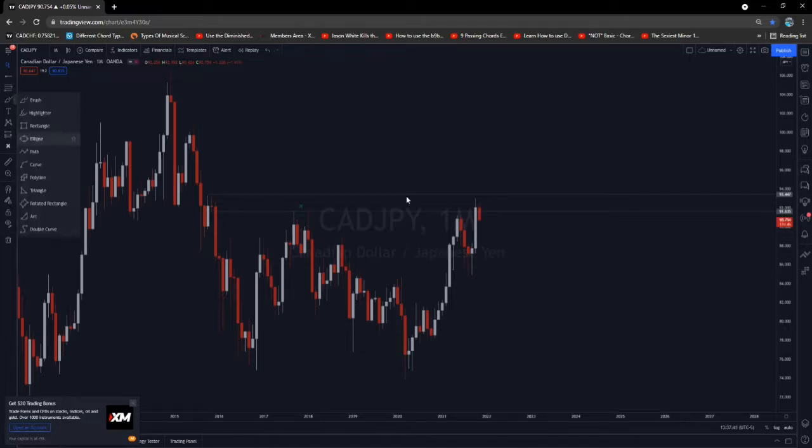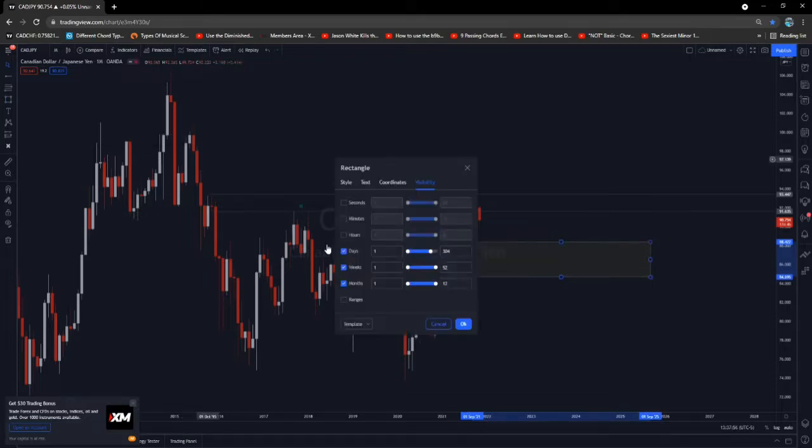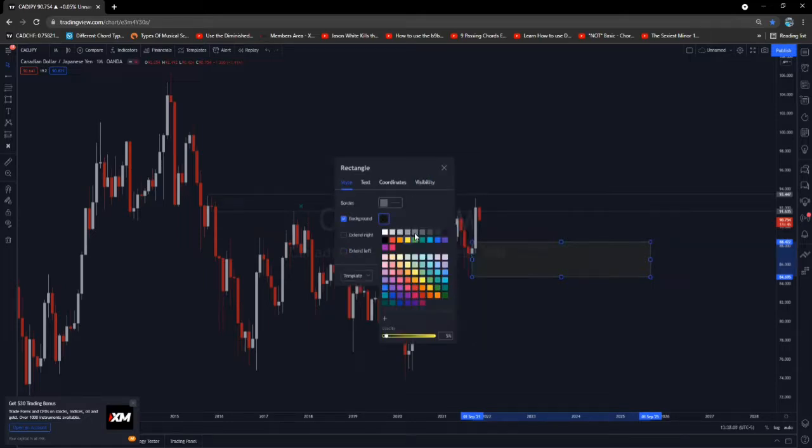Now, if we're looking at this demand area, what makes it attractive, first of all, is the fact that it's broken previous structure, right? It has a strong departure away from it, and the market has consolidated away from it. So that's what makes it a good area or a potential area,